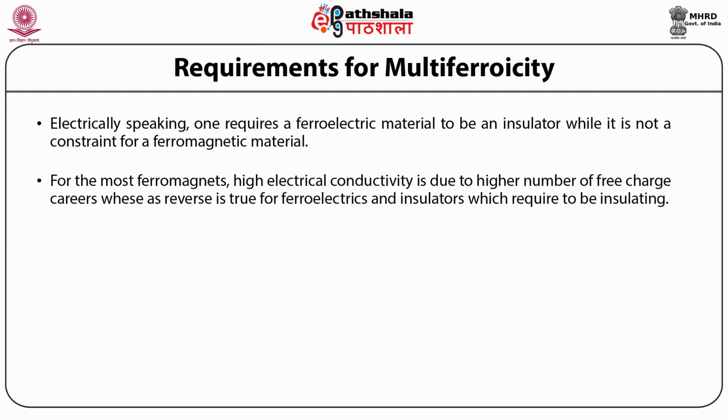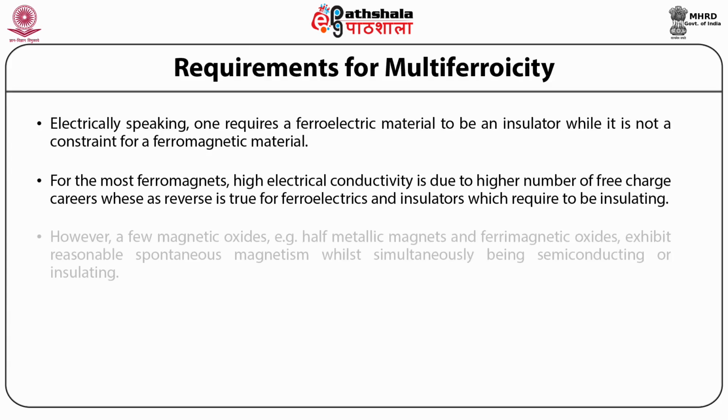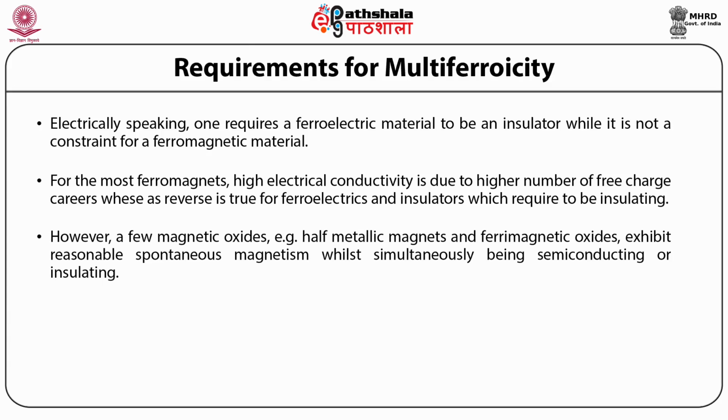For most ferromagnets, high electrical conductivity is due to a higher number of free charge carriers, whereas the reverse is true for ferroelectrics, which are insulators and require to be insulating. However, a few magnetic oxides, for example half metallic magnets and ferrimagnetic oxides, exhibit reasonable spontaneous magnetism whilst simultaneously being semiconducting